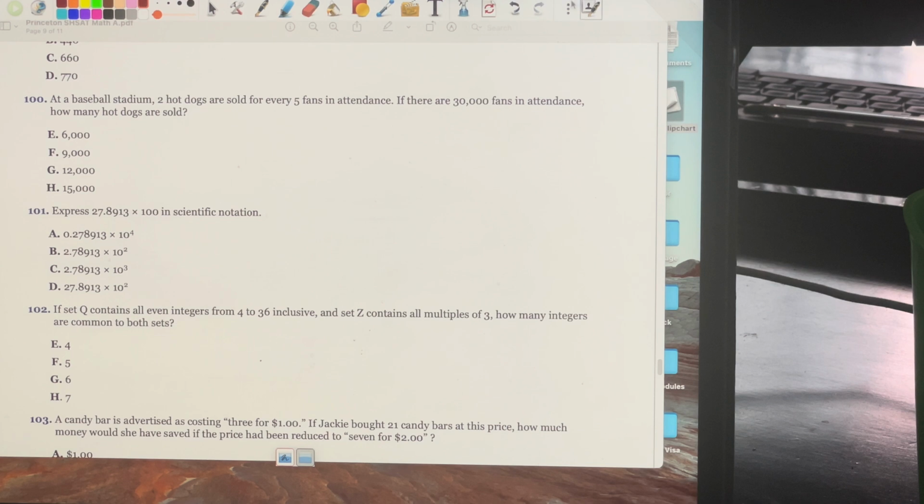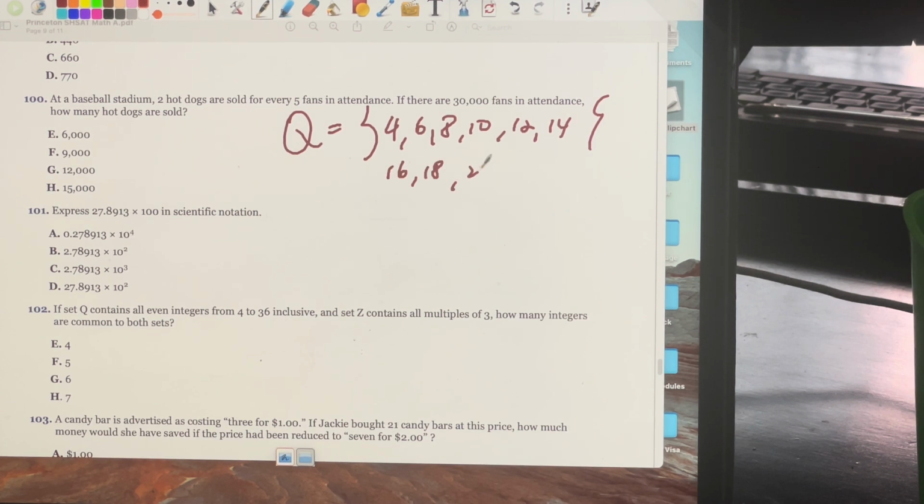Okay, so Q represents all the even integers from 2 to 36. Including the 4, so 4, 6, 8, 10, I would write this down, 12, 14, 16, 18, 20, 22, 24, 26, 28, 30, 32,